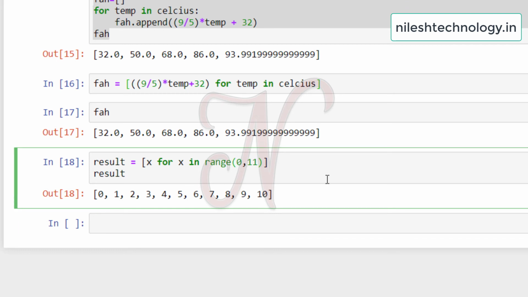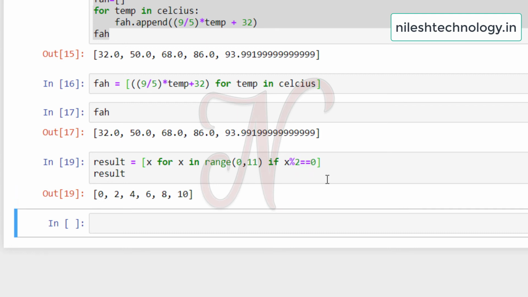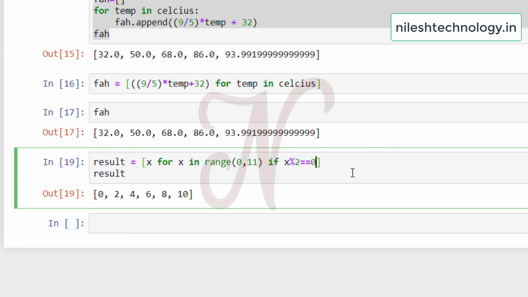Okay, first we will use the simple if statement: if x mod 2 is equal to 0, and see here my output is 0 2 4 6 8 10. But if you want to perform some else condition, then the syntax is very different. See here, I am removing the if from here and inserting it in front of this syntax, then else.